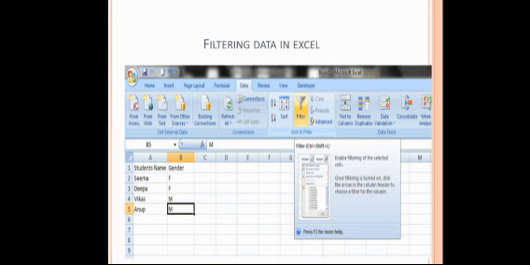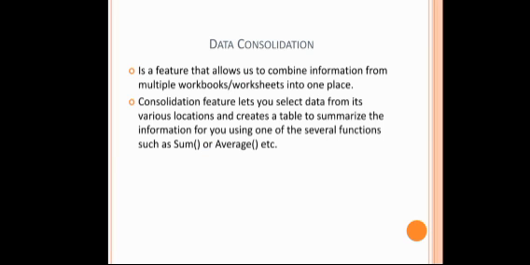For performing a filter, firstly you have to again click on the Data tab, in the Sort and Filter group, and there you will find a funnel type option, that is your Filter option. Select that. When you select that, a drop down arrow in front of each column header will be displayed. Click on that, and there you will find Number Filter or Text Filter according to the selection. Select the content on which you want to do the filter, and after that the filter will be applied to your document. For removing the filter, you have to click on the same Filter button again.